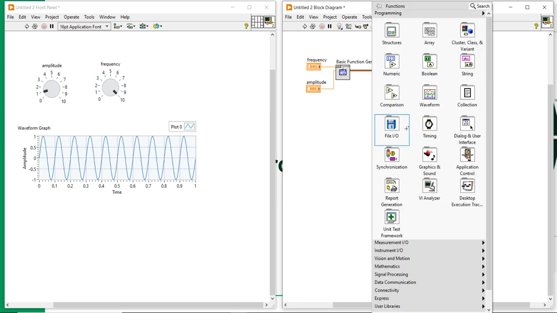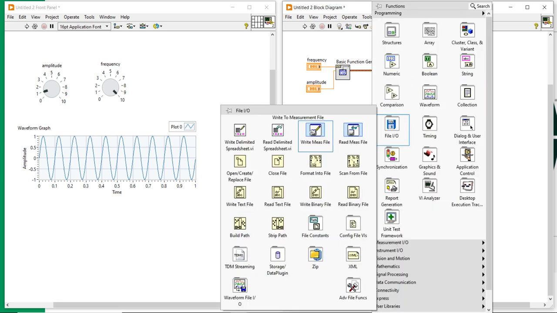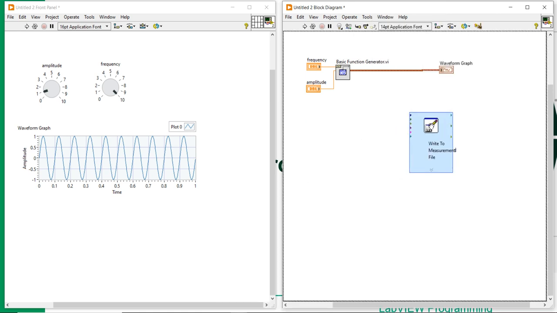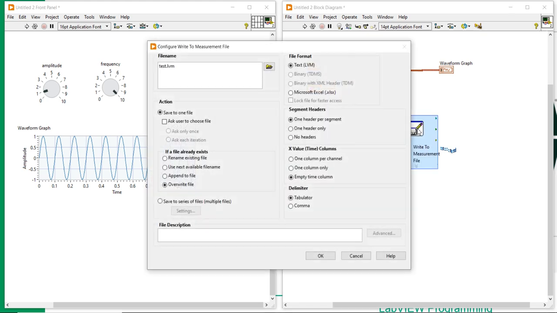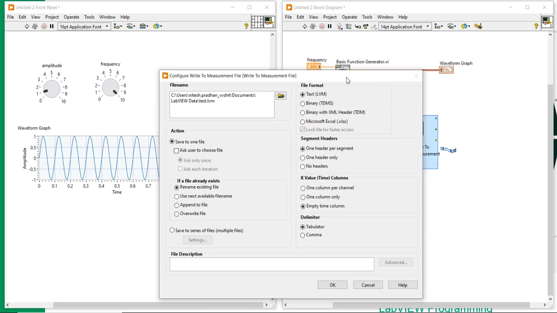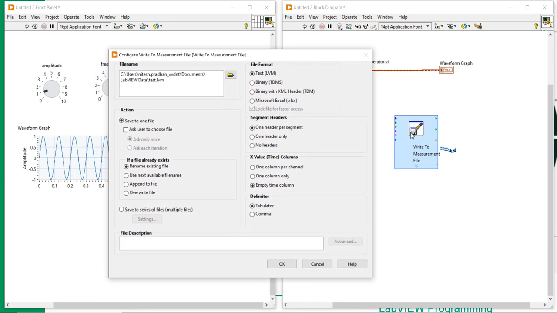For that, right click, come into the file I/O. This is Write to Measurement File. It is a high level VI. Open this Write to Measurement File and place it here. When you place it here, you will automatically get this configure window. Inside the configure window, you can see here,